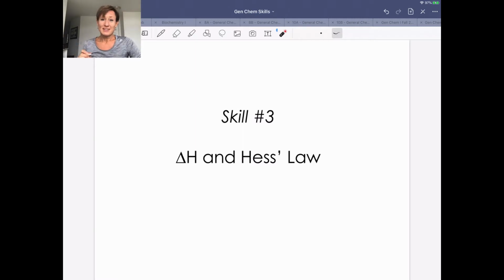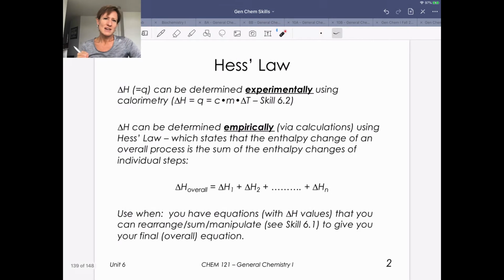So our third skill in our sixth learning unit on thermochemistry is about enthalpy. Remember, enthalpy is delta H and Hess's Law. So just kind of bringing in some content that we've learned from our previous skills. Remember, we talked about how we can determine delta H, which is really the heat given off or taken in